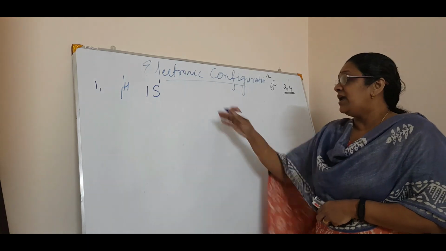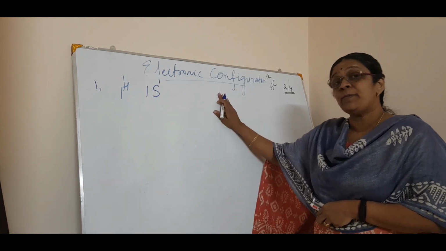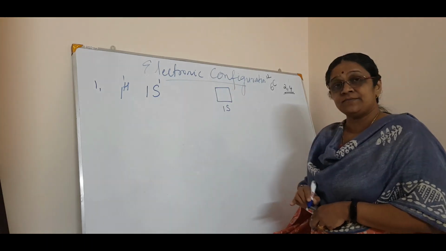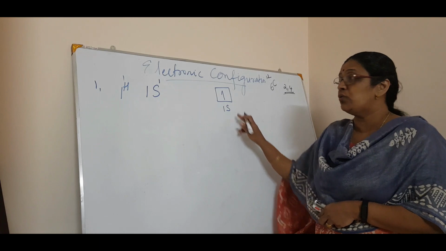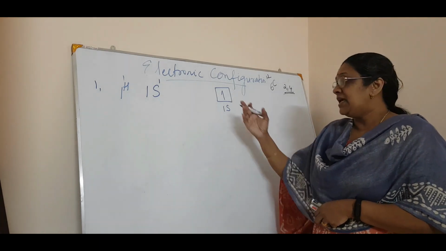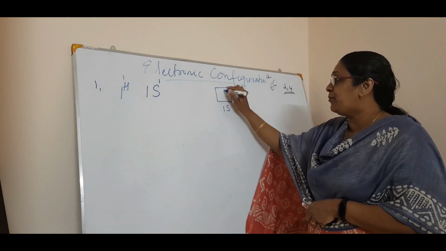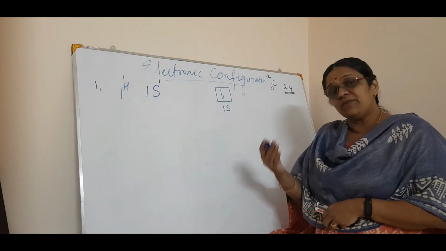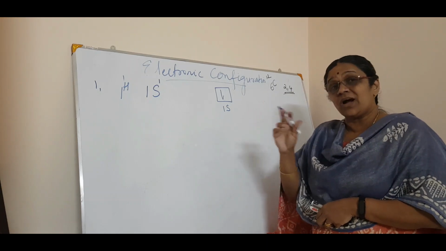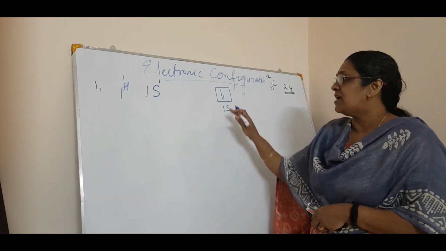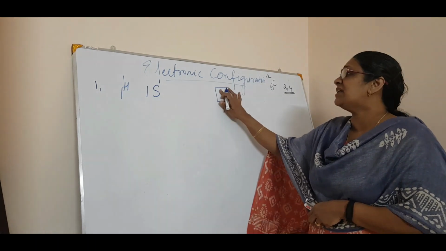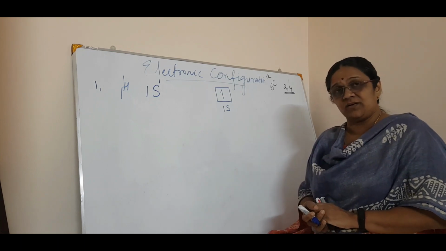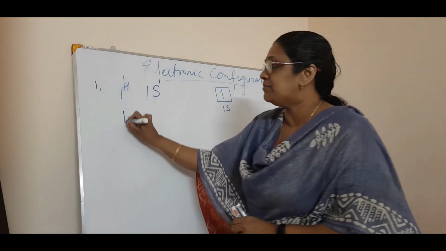Correct? Now, in this case, if you draw the orbital representation, how will it be? You have here 1s orbital, right? There is only 1 electron. So, you will put only 1. Can we put it like this? Yes, only 1 electron, so you can have both spins. Either it will be in the clockwise direction. You can't say when it will be clockwise or anti-clockwise. But generally, if it is 1 electron, for normal purpose we will write it like this. That's all.